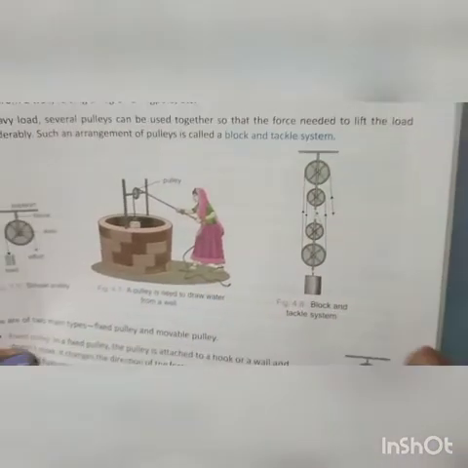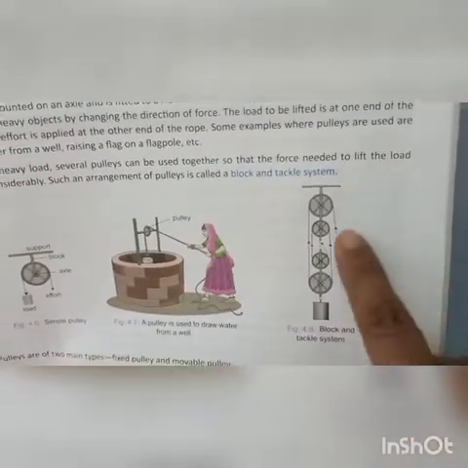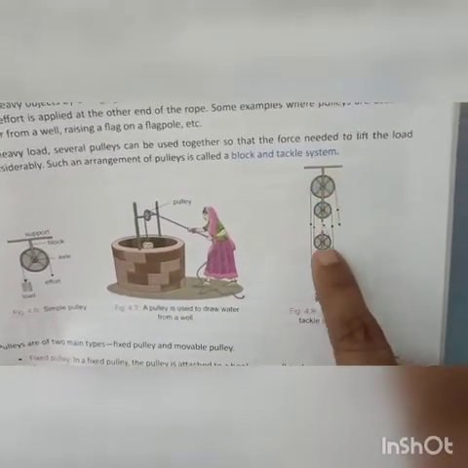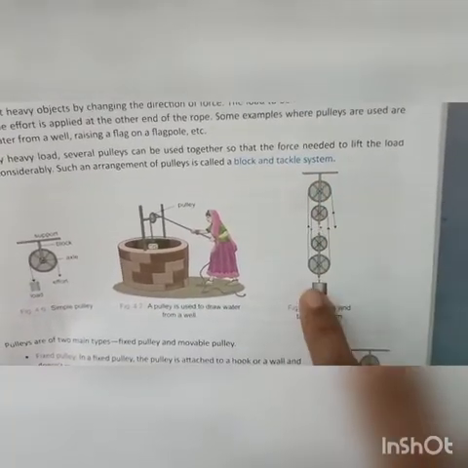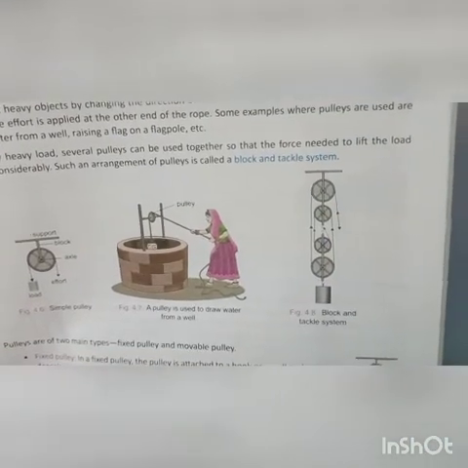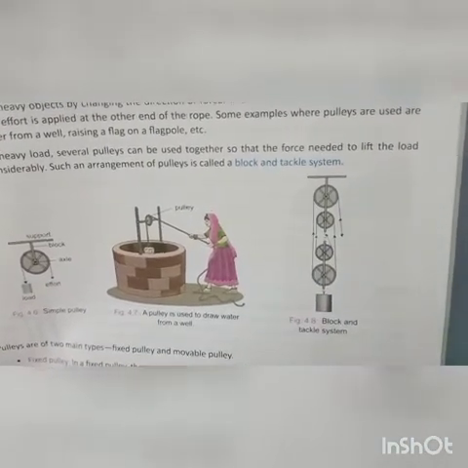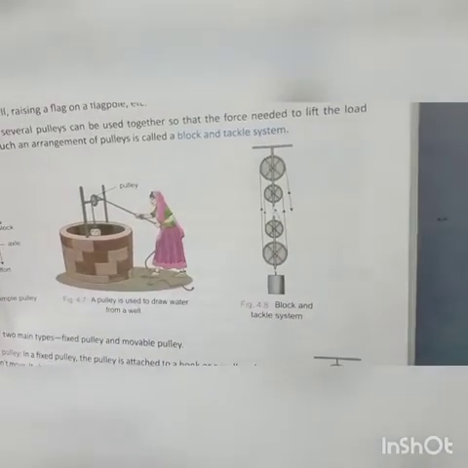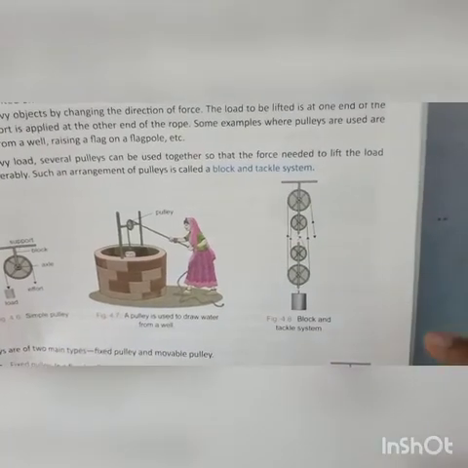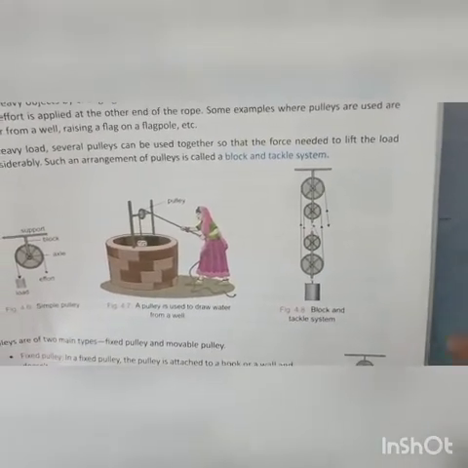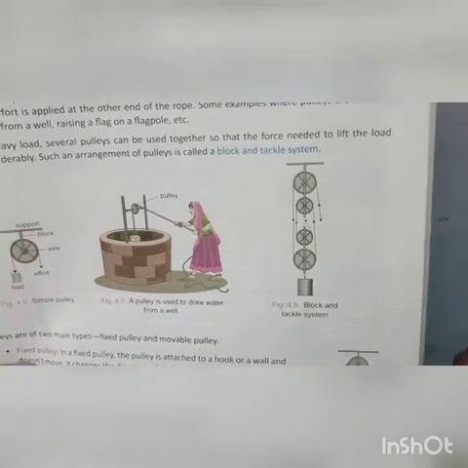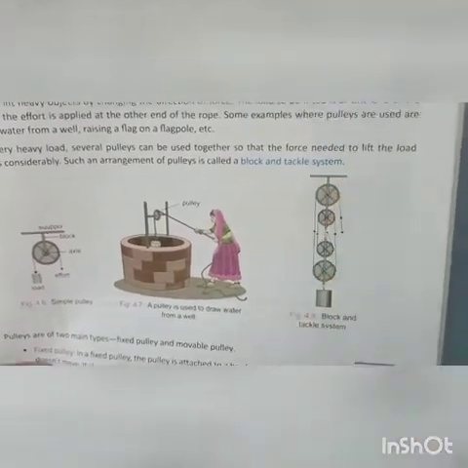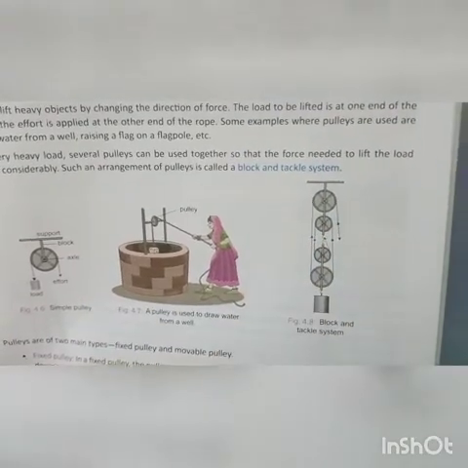Okay, now as you can see this block and tackle system pulley, यहाँ पे जो पुलीज है ये क्या होता है, ये अप डाउन करता है, प्लेस चेंज करता है। सो दीज आर द मूवेबल पुलीज। Okay, so this type of pulleys are usually we get it in cranes. जो क्रेन रहता है ना, जिसमें आपने देखा होगा कंस्ट्रक्शन साइट में जो हेवी ऑब्जेक्ट उठाते हैं, उनका एक क्रेन रहता है। सो दैट दे आर हैविंग दिस टाइप ऑफ पुलीज, दैट इज योर मूवेबल पुलीज।